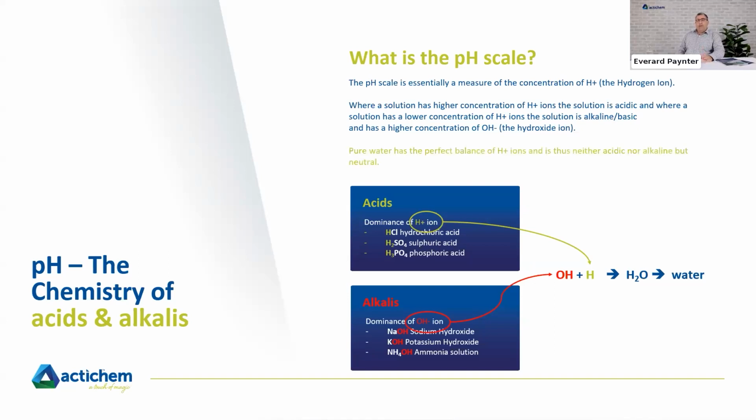Now, putting those two together, taking the hydroxide ion and the hydrogen ion gives us water, H2O. So there we can see quite simply that a perfect balance between hydrogen and hydroxide gives us water, water being a neutral substance. Now, all solutions having a pH contain water, or the other way we can say it is, everything that contains water has a pH,